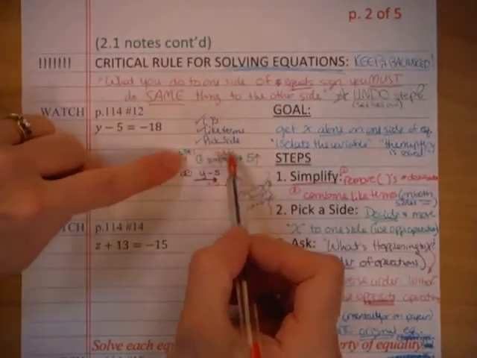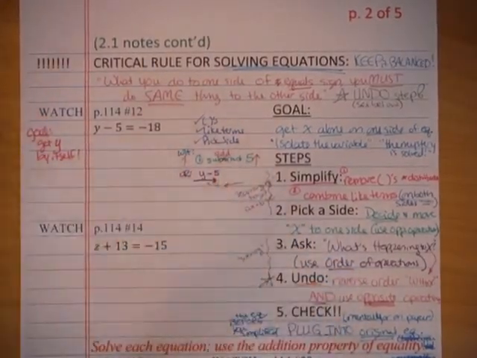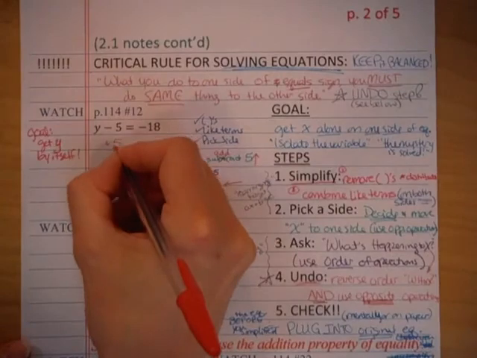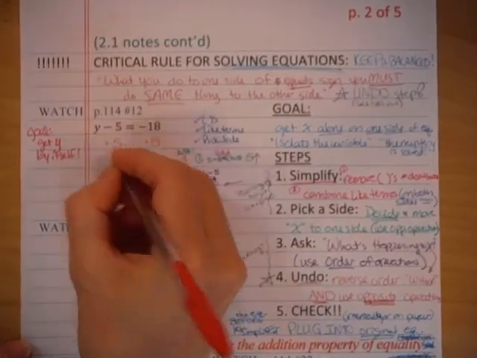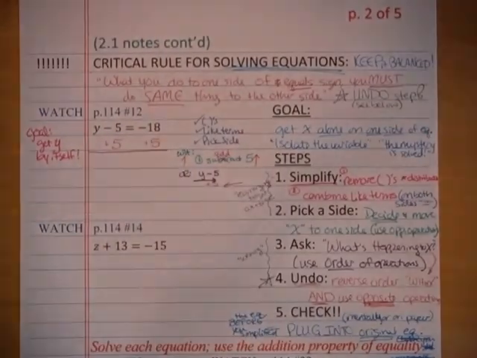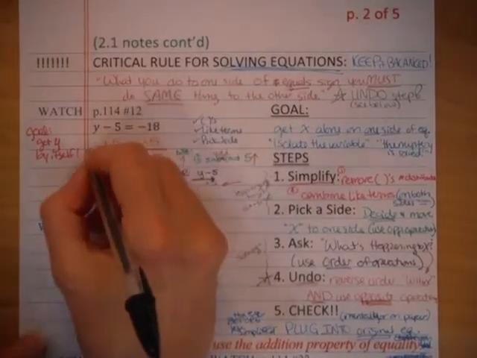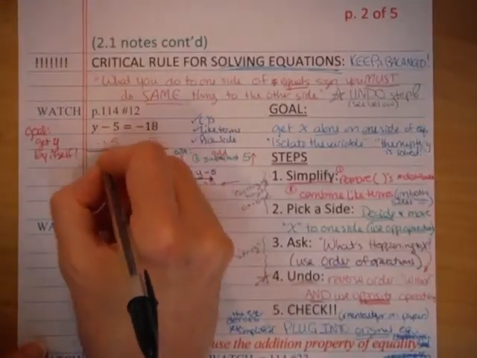So we're going to add 5 to both sides, or it tells us we're going to add 5 here. So we're going to do that. We're going to add 5 to both sides, following the critical rule. What we do to one side of the equation, we do to the other. Now, I draw this line underneath. This is pretty standard for a lot of